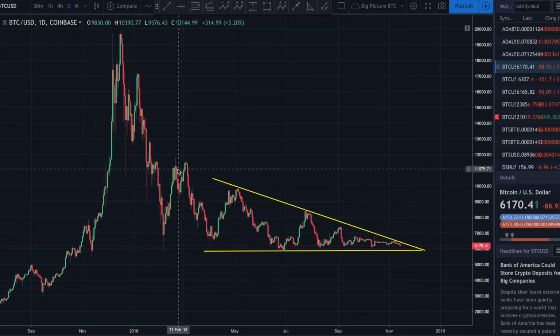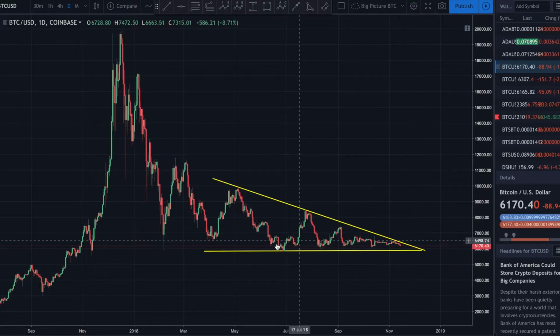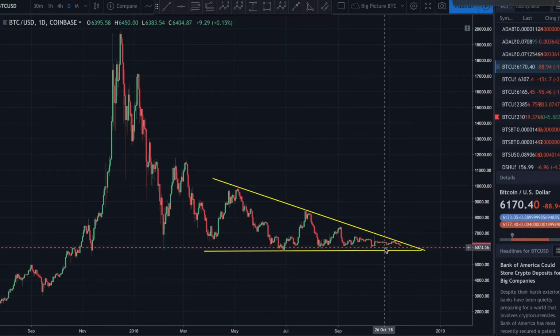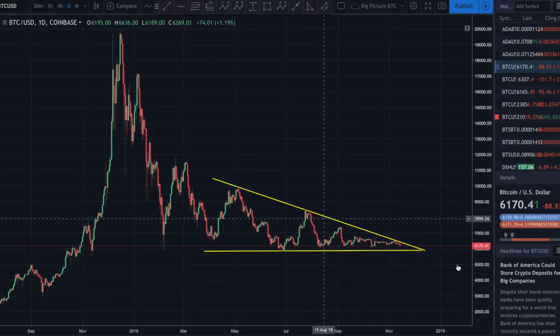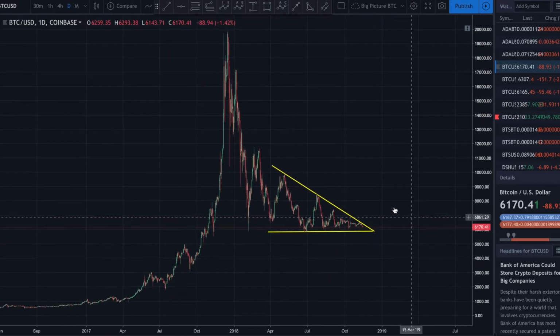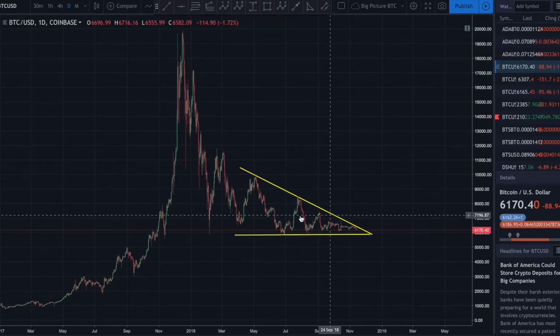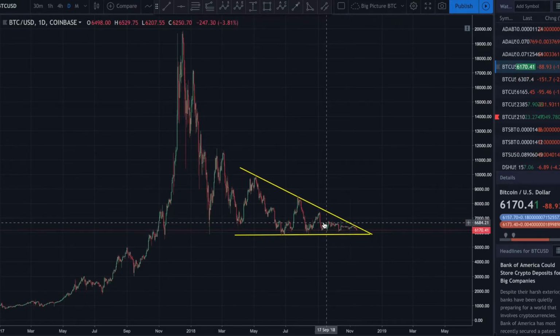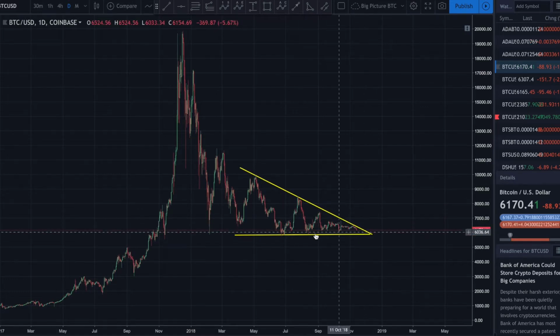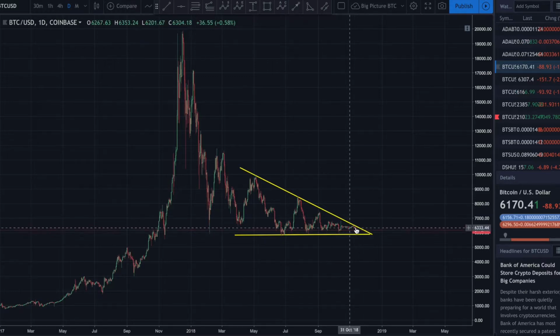Now, this is a descending triangle, and typically that oftentimes does break bear. That being said, this has been tested so many times, and we know that institutional money is just around the corner. Possibly, starting in 2019, we could get ETF approval, and we know that's going to just open up the floodgates. So this thing could, even though probability is in favor of a breakdown when you're looking at a descending wedge like this,